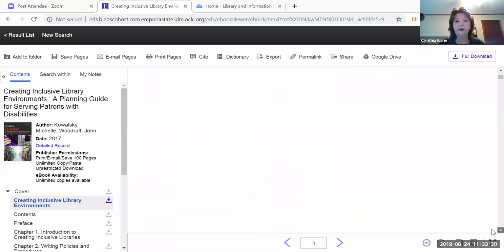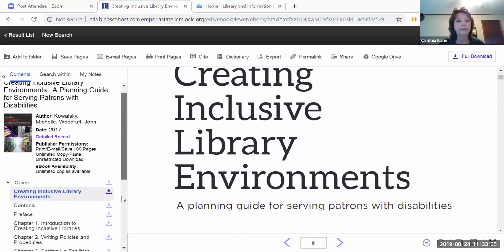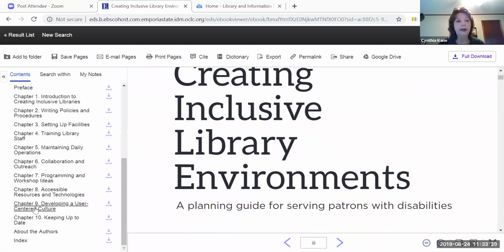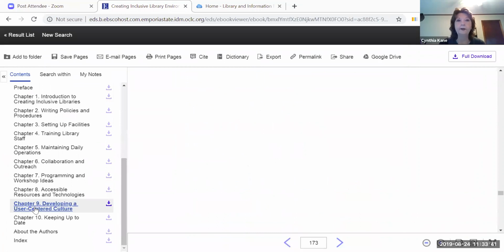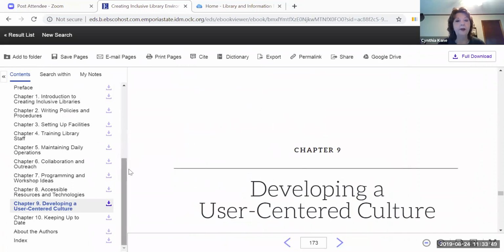And you see that I can do this either by scrolling, or I could go over here. Chapter 9 looks interesting, developing a user-centered culture that might deal with assessment of these types of services. And I can just go ahead and read this. Back up here,